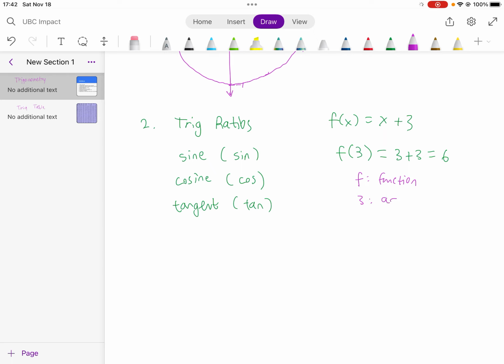The 3 is the argument, and 6 is the value. So